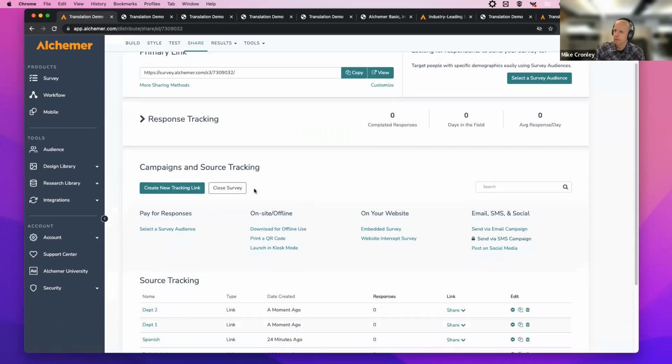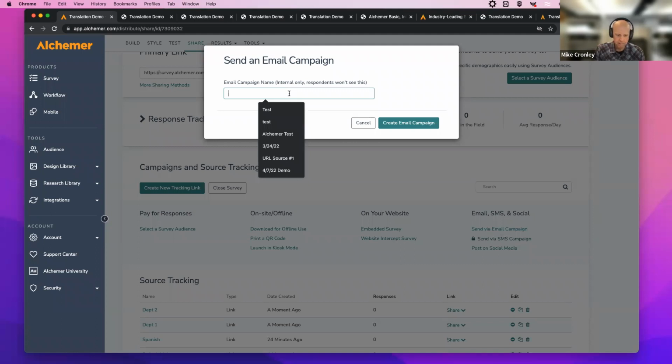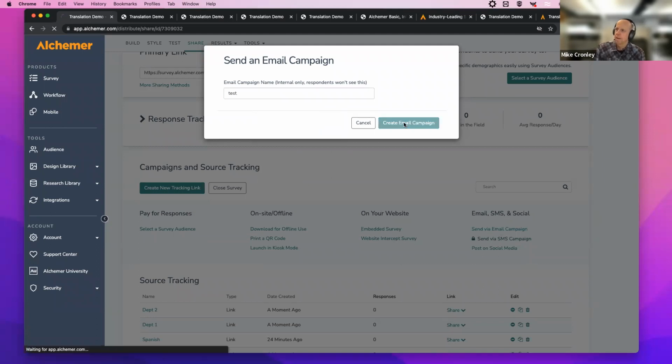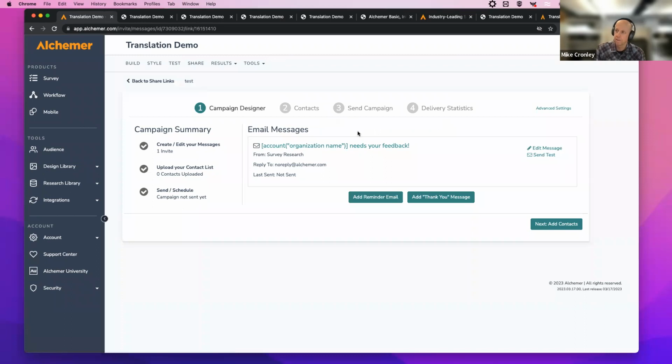And then I think the third one that is probably most commonly used is via email campaign. And this is where you would have the contact list of the audience you're sending it to. You have their email address, you have their first name, just core information. Then you can go through the steps, and I'll just put in an internal name. And there's a whole sequence of events here to create an email campaign like HubSpot or MailChimp, a light version of that, where you're managing the email, sending out the invitation to take the survey.